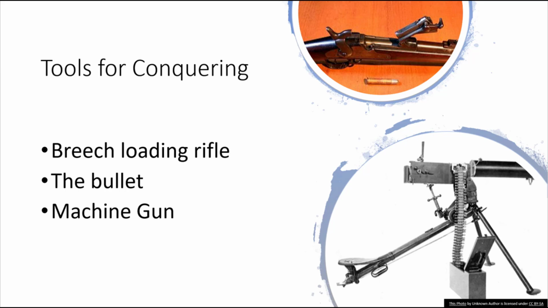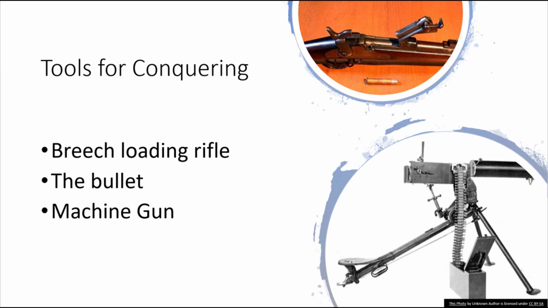All right, so the tools of trade that were used by Europeans that gave them distinct advantages are going to be things like the breech-loading rifle, which you can see a picture of at the top. Now, up until this time, anytime we looked at warfare, we kind of looked at things like muzzle-loading rifles. And if you're not familiar with what those look like, if you've ever seen a Revolutionary War or Civil War movie, it's those types where you got to load the ball in. At best, I think the goal was to try and shoot 3 shots a minute. And with this one, obviously, you just put the bullet in.